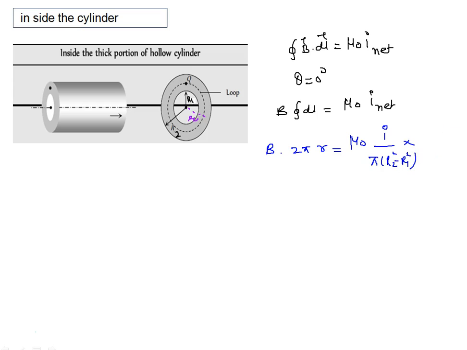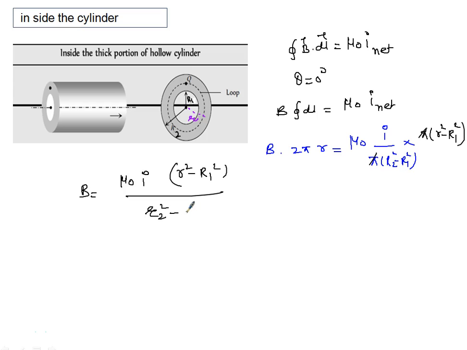And what is the area of cross section of this part? You will say it is pi r square minus r1 square, because you have to take this cross section area from r to r1. Now I calculate the value of the B. So simply you will solve it yourself. I think if I am not wrong, you will get mu naught I, pi can be cancelled, so we can erase it, r square minus r1 square upon r2 square minus r1 square.